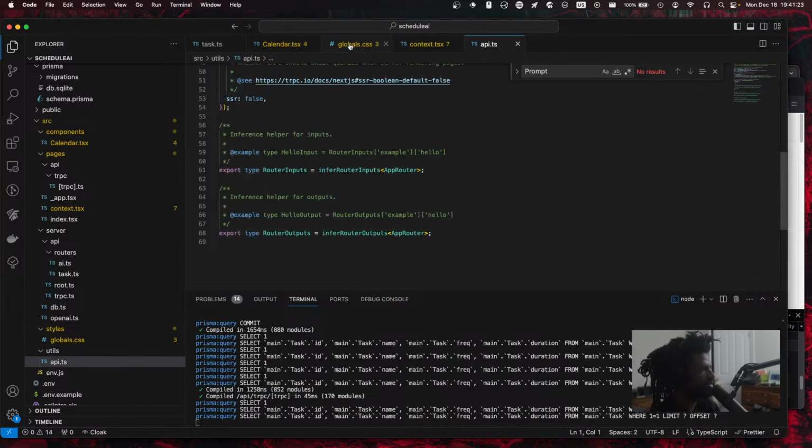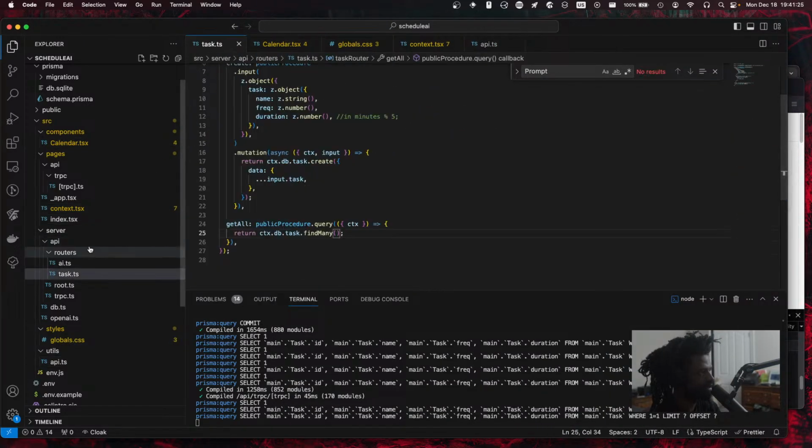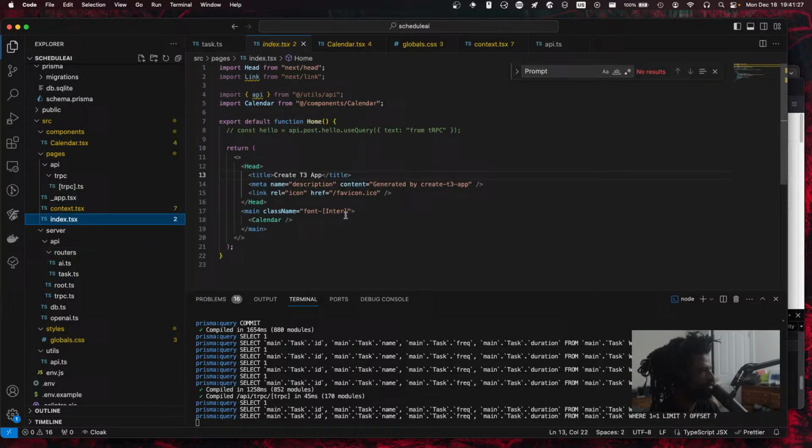Let's go to not task, but index, and then we can do